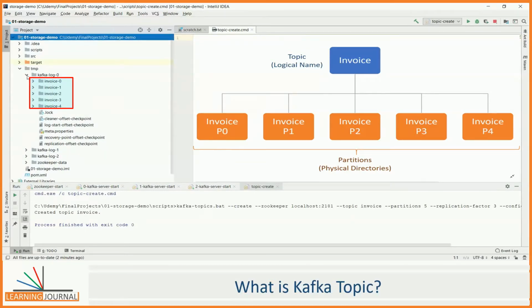We got 5 new directories because we created 5 partitions for the invoice topic. So, Kafka topic partitions are nothing but directories. You create a topic with 3 partitions, Kafka broker will create 3 directories. You ask for 10 partitions, the broker will create 10 directories. Simple, isn't it? I hope you got some sense about Kafka topic partition.